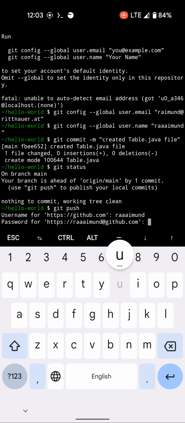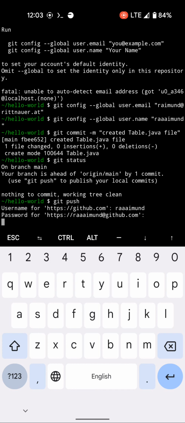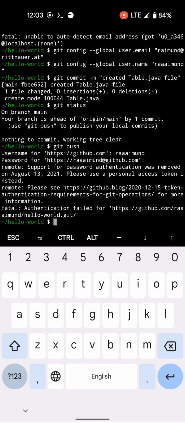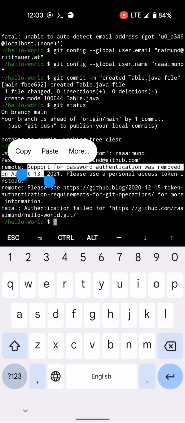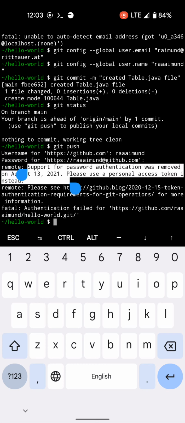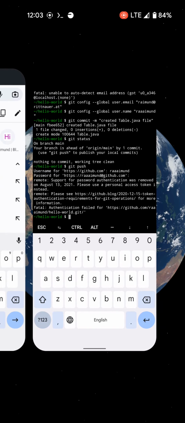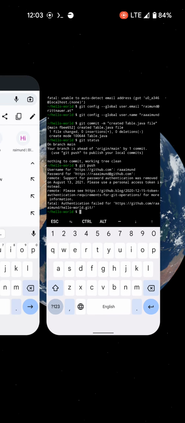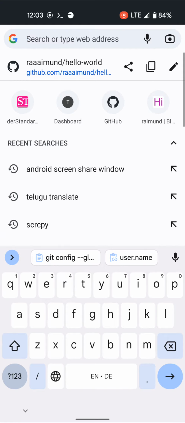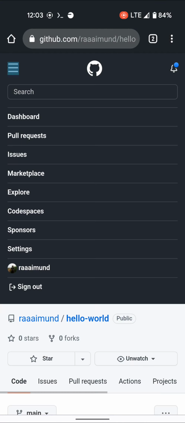No matter what you type in, it won't work, because here you see: support for password authentication was removed on August 2021. Please use a personal access token instead. So first we have to create a personal access token on our GitHub account. How can we do that? Either just Google GitHub personal access token, or let's go to GitHub, let's go to the menu, settings,